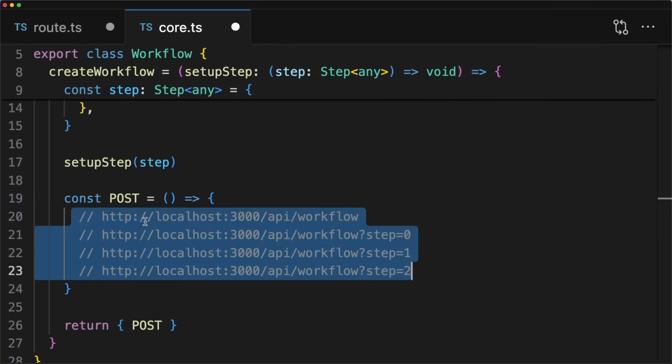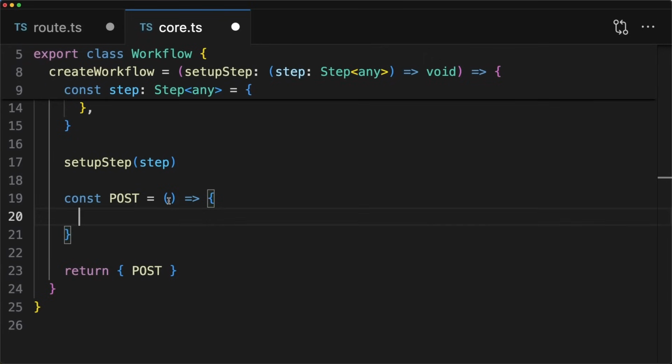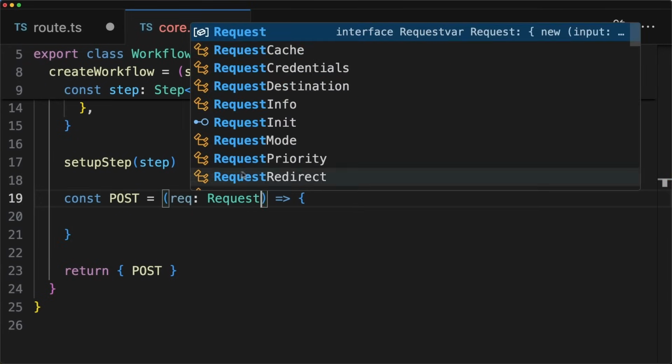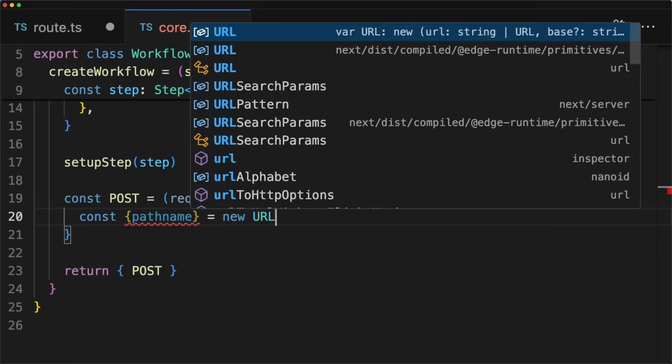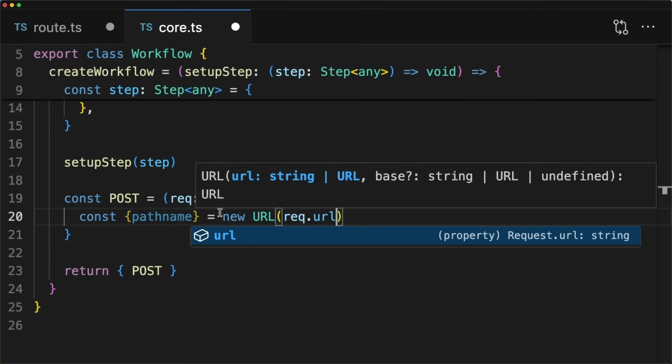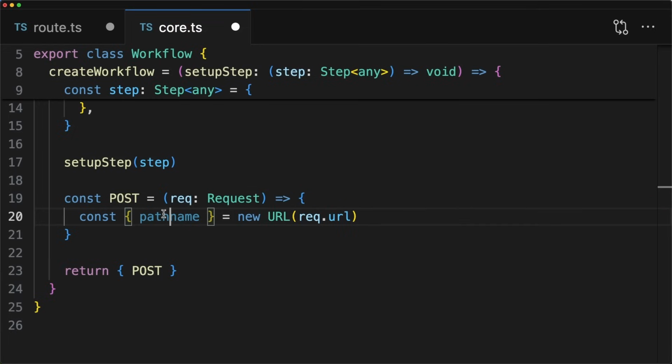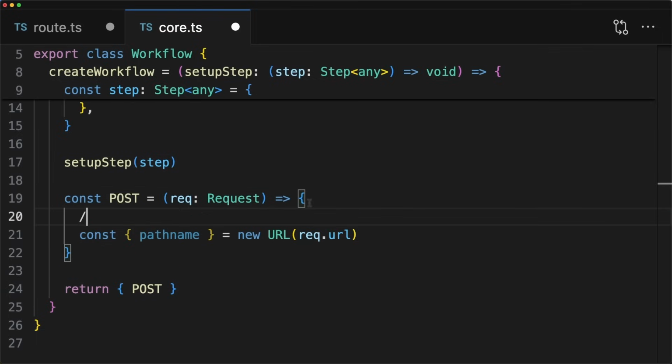So as I told you about, we have the step parameter, right? Which means we now want to read it in the POST route right here. And by the way, since this is nothing else than a regular Next.js API route handler, we can also receive the request right here, which is just a standard web request that we get access to. And now let's get access to the pathname right here. That's going to be equal to a new URL, and we're going to pass in the req.url, and that's just going to help us later. We won't need it right now, but the pathname is basically the current path that we're in, like